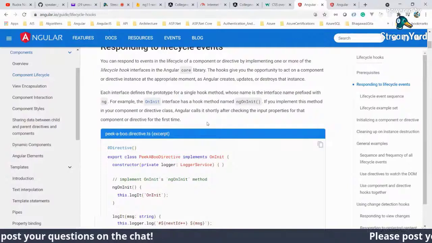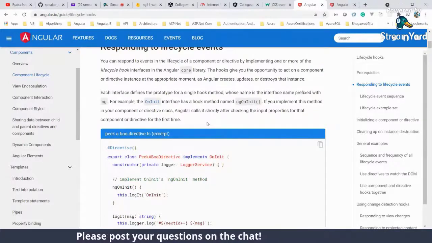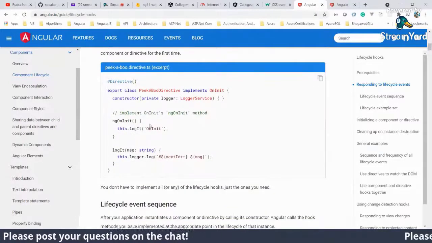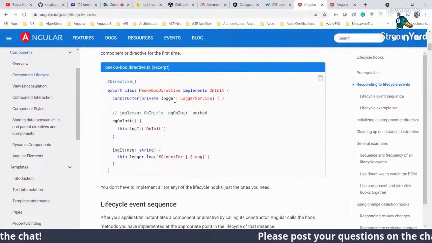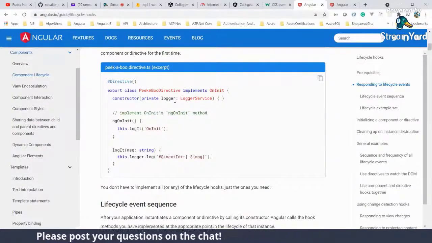Once a component gets rendered, you want to do some other things, like go and receive the data from the backend and populate the UI. This is the best place to do it. The constructor is not the right place. Constructor is for accepting dependency injection, which we are going to discuss 2 sessions down the lane.